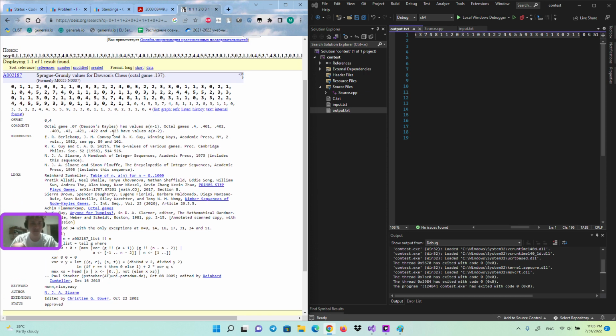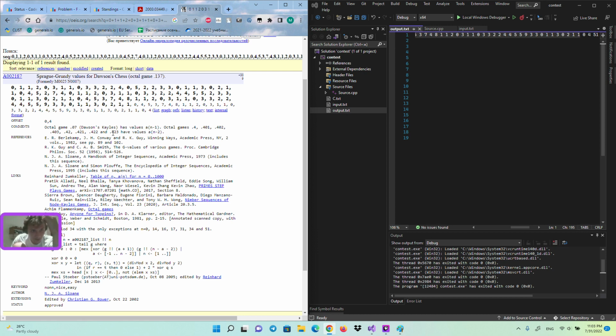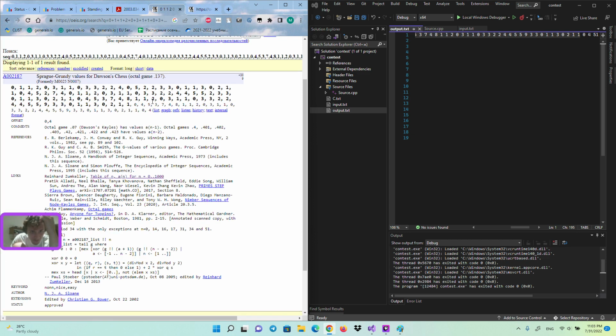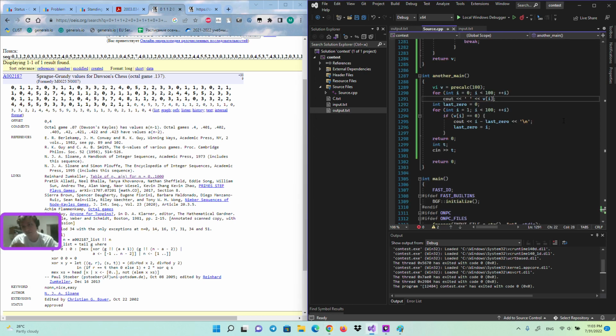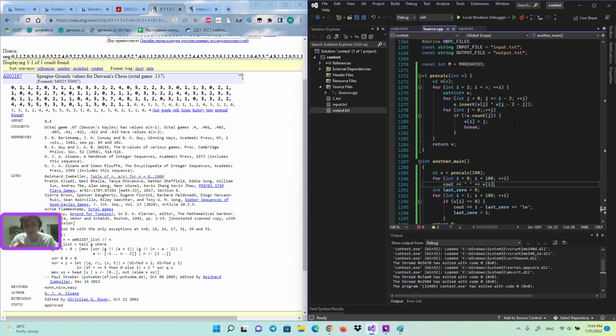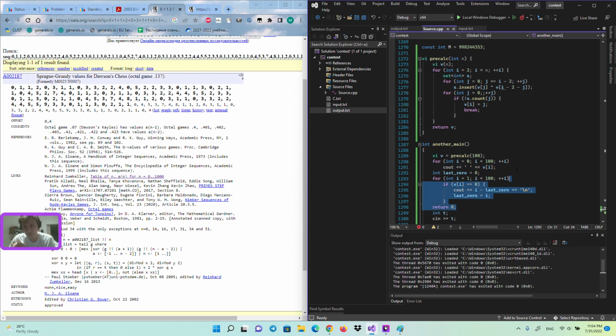It is impossible. Unbelievable. We also have a table from 0 to 1000, but we just can't copy it. We have to find out how we can calculate it. Ah, it has period 34. It has period 34. Look. So the problem is very easy. We just precalc it. Okay, no problem.